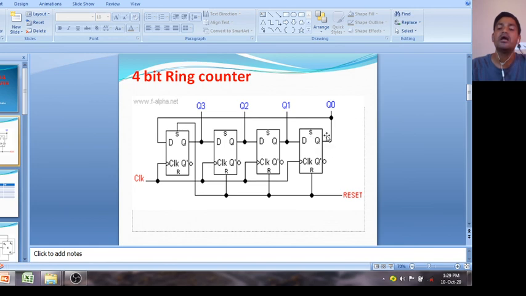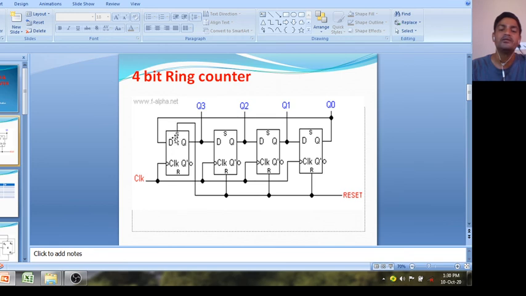and you have to remember, the uncomplemented output. This is the complemented output. The uncomplemented output of the last flip flop is connected to the input of the first flip flop, and connect the clock simultaneously to all the flip flops, because it is an example of a synchronous sequential circuit. Connect the reset of these flip flops, or you can say the killer pin, and the preset of the first flip flop.